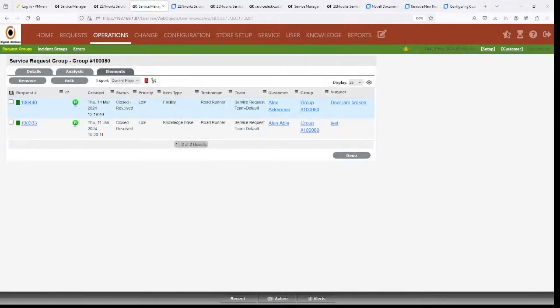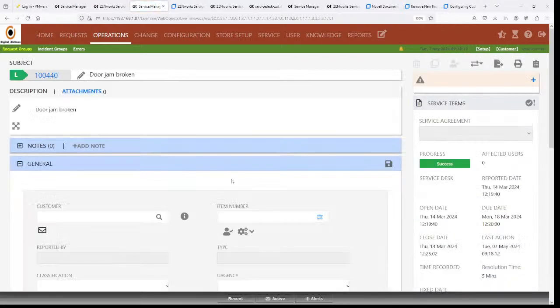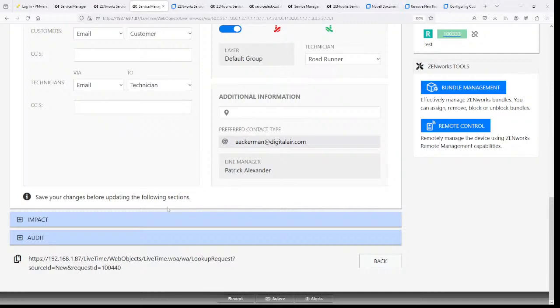Okay, so they're both closed and resolved now. They're both set to low. The classifications aren't listed across here, but the classifications would be changed on both of them. And if we were to look at one of these, we can also see in the audit